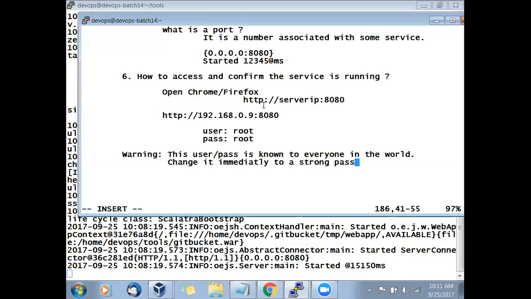Specifically, for people who are working in the cloud, if they set up this machine on the cloud, that is the first action you will take, because everybody knows the username and password for GitBucket. They can hack your server, they can crack it, and they can do a lot of things, right? So don't allow them to do that.